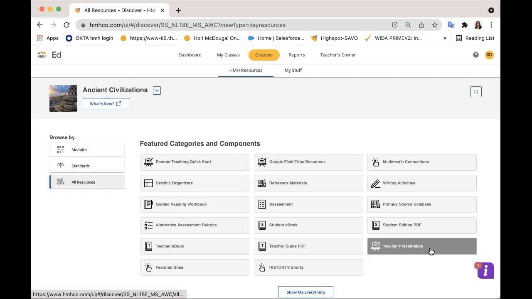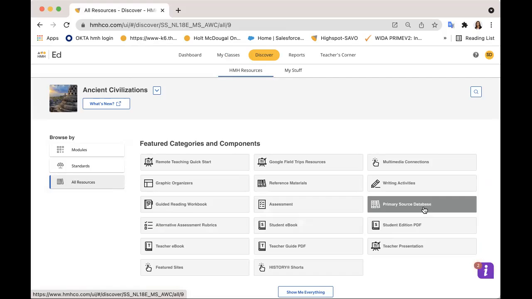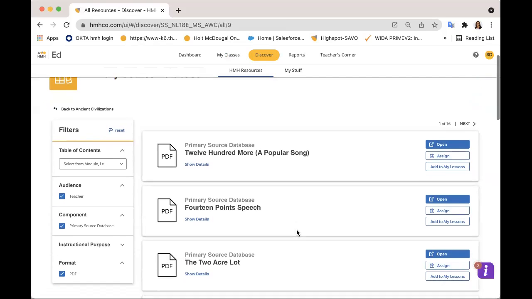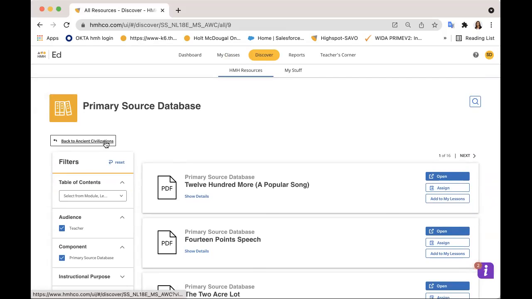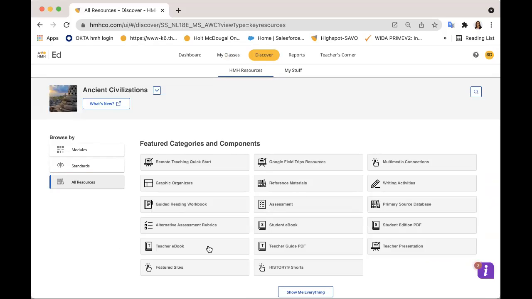For the module, you'll have a PowerPoint to support you with the individual lessons for that unit. You may use that and display it as you see fit. You'll have access to a primary source database, which you can use to support deeper enrichment with your students,